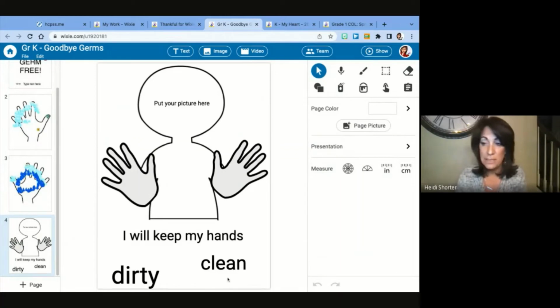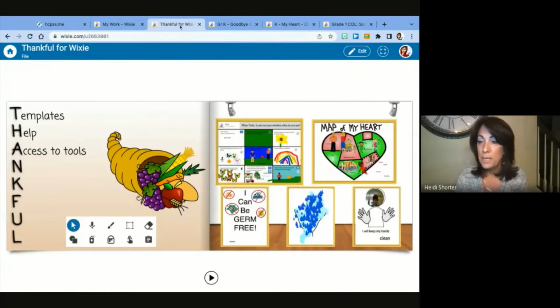And then they just have to delete the word that doesn't belong, and they can use the paint tools to decorate and make their health book about having access to being germ-free and how to best do that themselves. So the kids love it. It's a great way to teach the different categories and the different spray paint. So the access to all of the different tools and the way the students can use them to show what they know is just amazing. And I'm very grateful to that and all that Wixie offers with their tools.